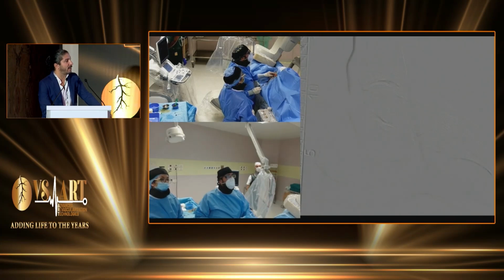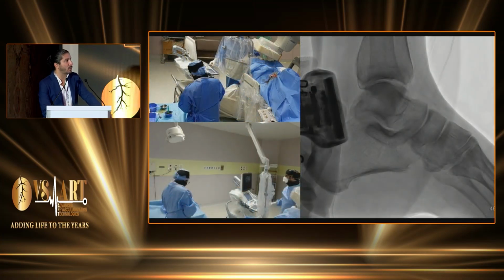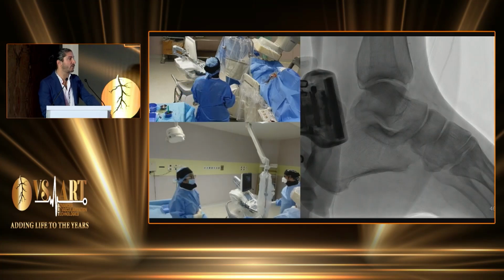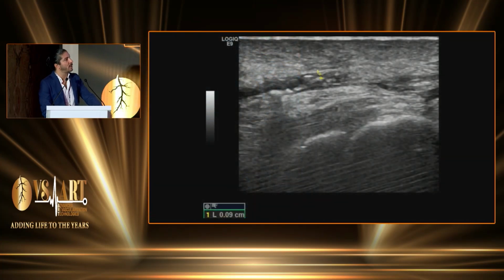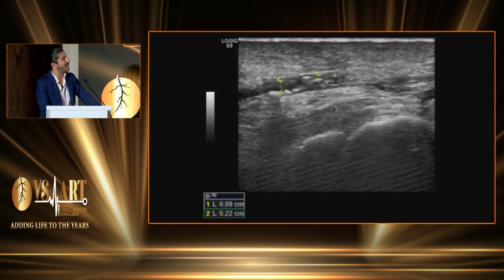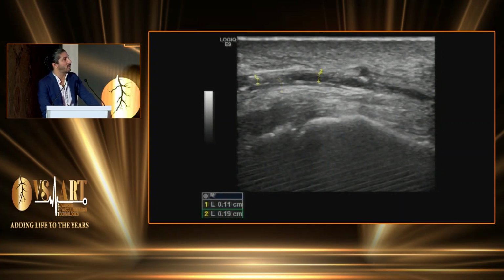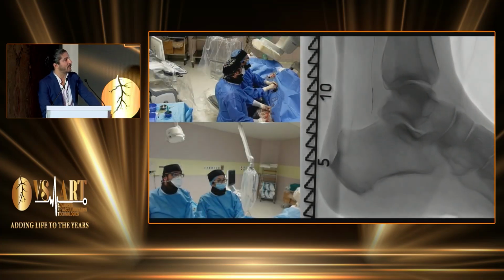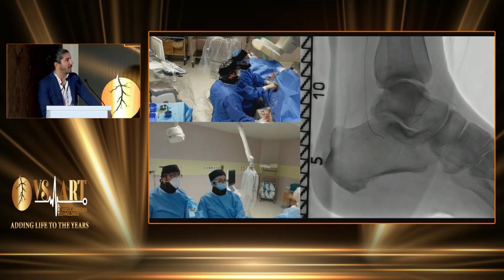As we can see again, very low flow and multiple stenoses in the distal posterior tibial and a couple of occlusions, subocclusions in the lateral plantar. So we take the measurement of the artery with the ultrasound before to cross. This was the diameter, 0.09 millimeters, and two different diameters at the lesion places. We finally cross the lesion endoluminally with an 014 guide wire, engage the lateral plantar,